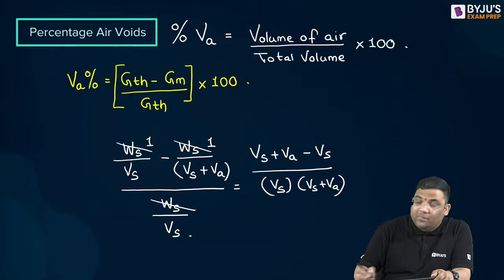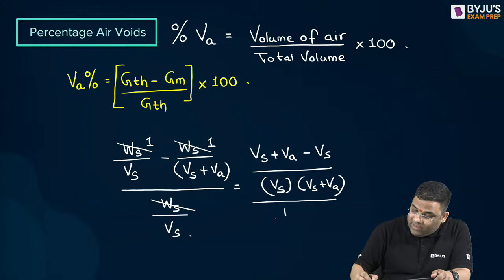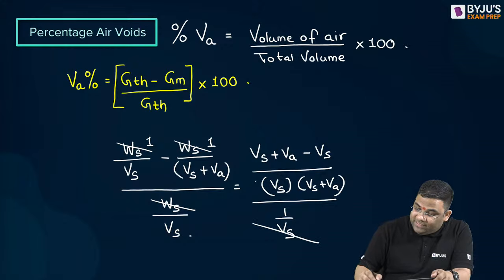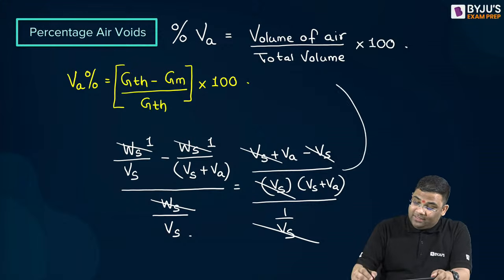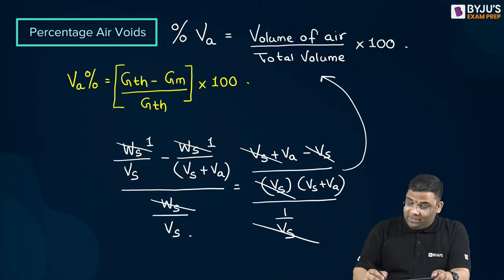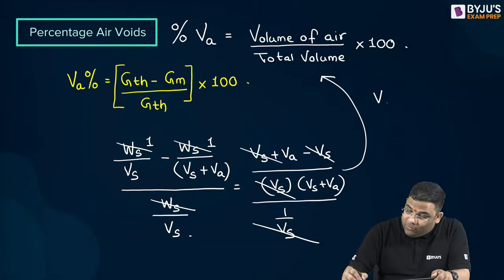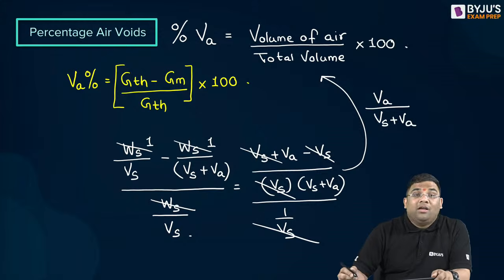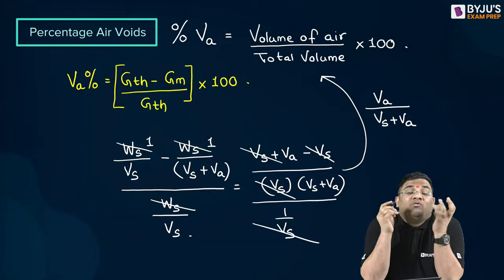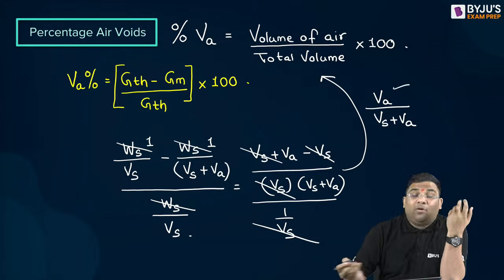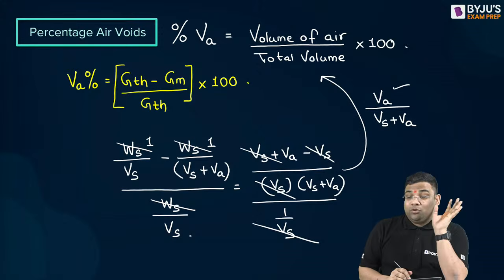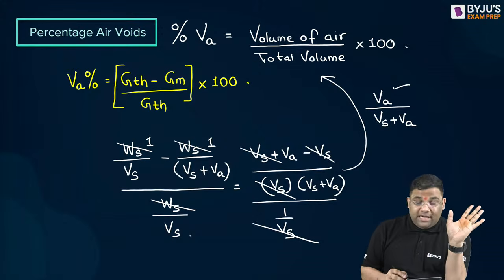This is the numerator, right? Divided by 1 by Vs. You see, Vs gets cancelled here. You see what you're getting? You're getting volume of air by volume of solid plus volume of air. Now, volume of solid plus volume of air is the total volume. And Va is the volume of air. Understood? So from this short derivation I can say that